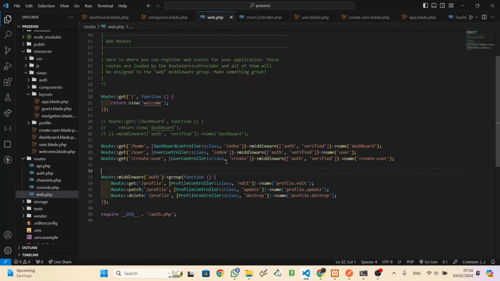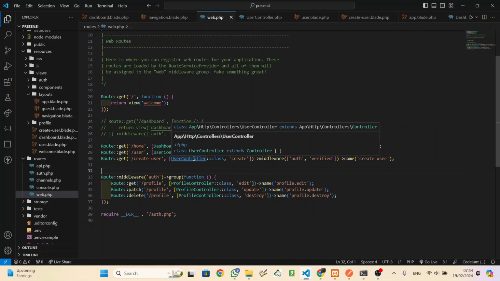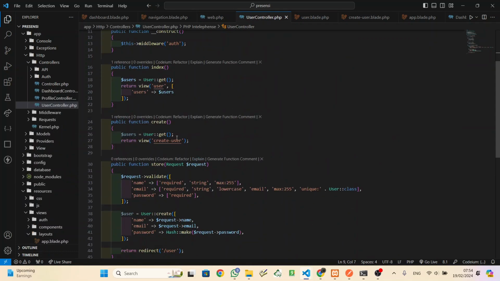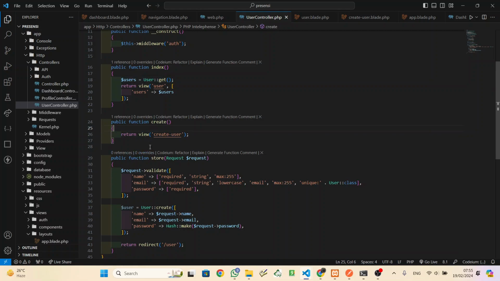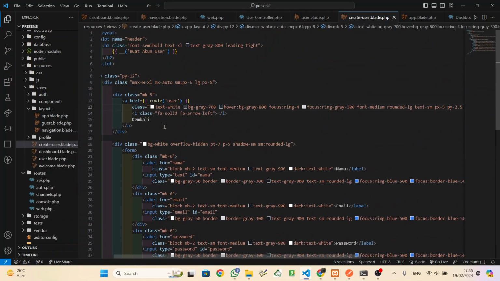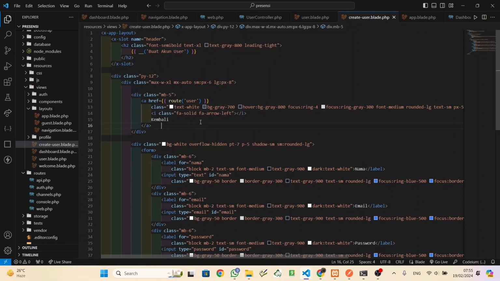This one, create user, add UserController, still UserController, but at the create function. For the create function we don't need this. Nah, it will return to the create user.blade.php, and inside that I use these things.